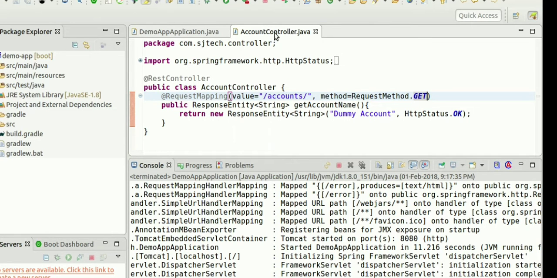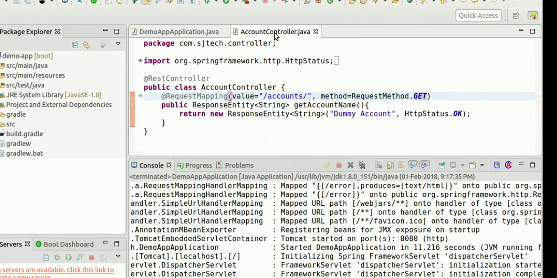Value contains the relative path and method is the HTTP method which is mapped to this particular method. So when you hit a URL in the browser with the path /accounts, the controller at the backend gets to know that we got a request from this path, and that this path is mapped to this particular method.